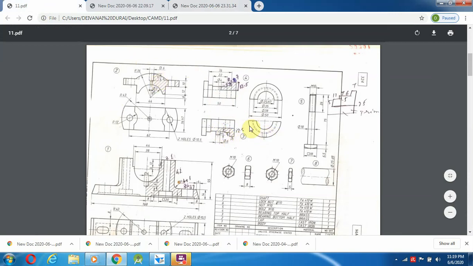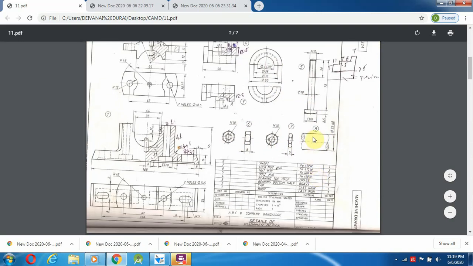The fourth has a half sectional front view and side view. The fifth has only one view, which we can consider as the front view. Then the sixth has front view and side view, the seventh also front and side view, and the eighth has only one view, which we can consider as the front view.